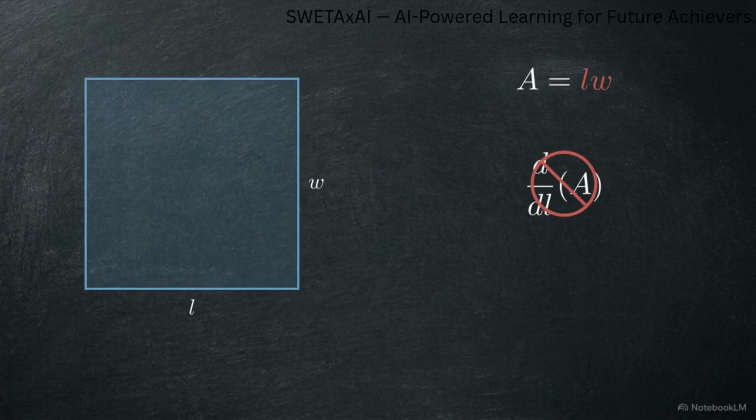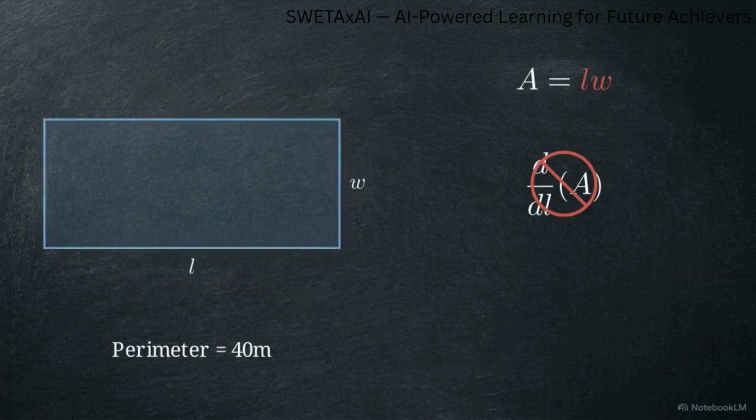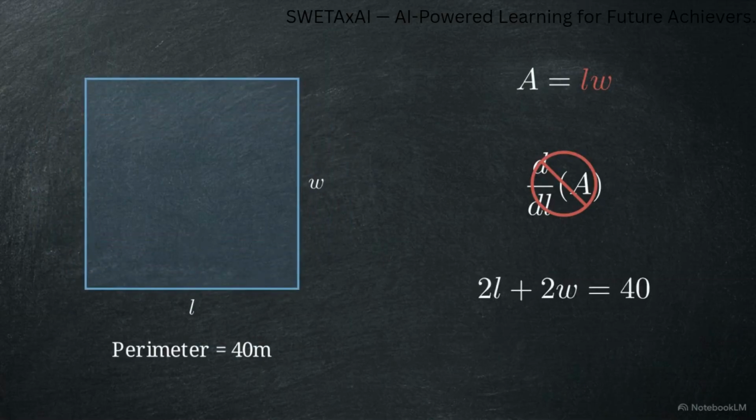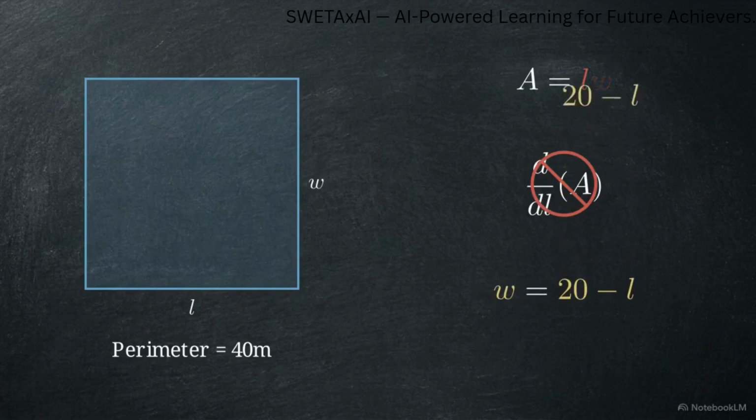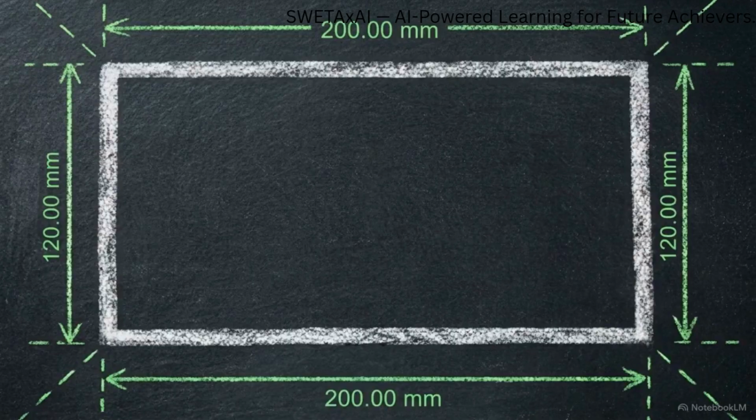To break this roadblock, we use the specific physical limit of the system, the perimeter constraint equation. 2 times the length plus 2 times the width equals 40. We execute a simple algebraic maneuver, rearranging the perimeter equation to isolate width in terms of length. Width equals 20 minus length. We now substitute this isolated value directly back into the objective function. Area equals length times the quantity of 20 minus length. We have successfully collapsed a 2-variable problem into a single-variable system. Geometric constraints provide the mathematical link between variables, allowing us to reduce the objective function into a form that calculus